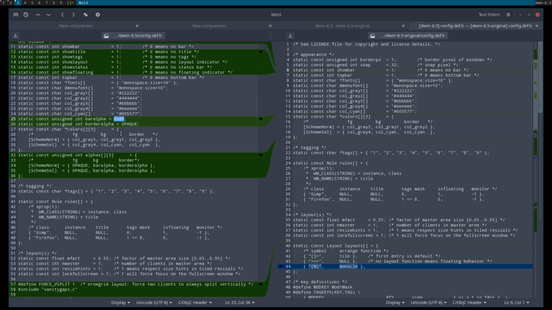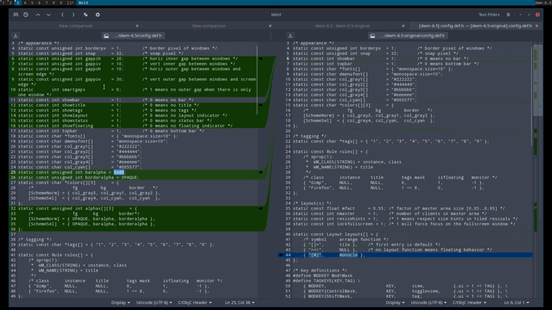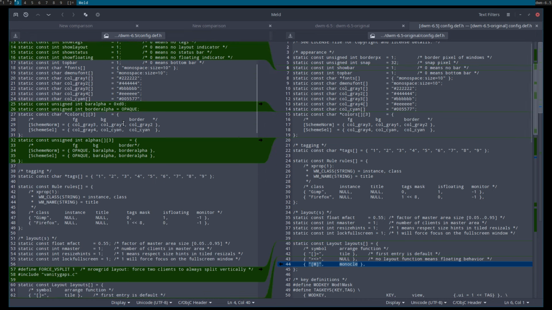Show layout. I guess that's that. Show status, show floating, show title. Show bar means no bar. Gaps, all kind of gaps. Border 1 pixel. Sure, I can have 2. But the border, bar alpha. I would think this would be